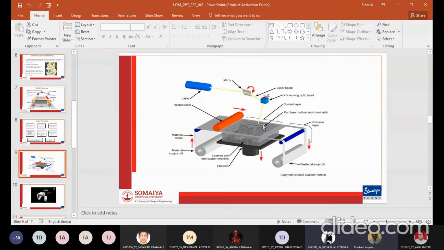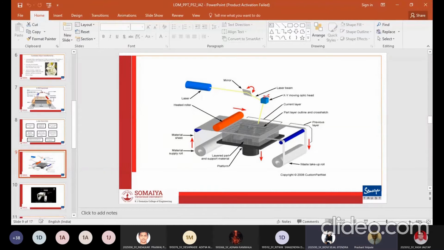After cutting the desired shape, this heated roller is passed over the cut layer and melts the plastic coating on the bottom side of the paper to create the bond. Because of melting the material, the cut layer is glued to the previous one, and due to the pressure, the material is pressed down onto the platform.